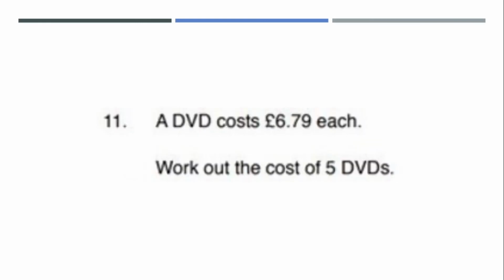A DVD costs £6.79 each. Work out the cost of 5 DVDs. What you have to do is simply 6.79 multiplied by 5, and you get